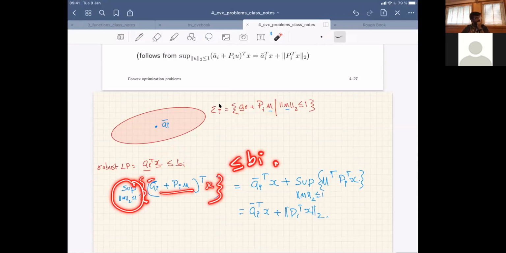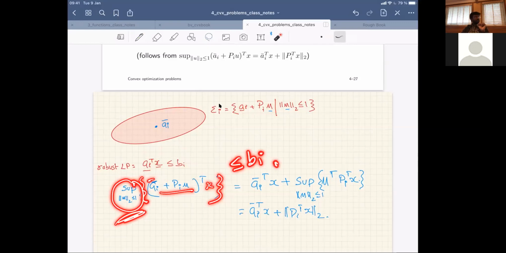Okay, that means instead of A, I am replacing it with a vector from the ellipsoid, and then I will take the maximum of that, and then I will say that that is less than or equal to B. So if that is satisfied, here we are taking the supremum, the maximum of that, right? So if the maximum is satisfied, that is, it falls within the ellipsoid, then it will be satisfied for all other values